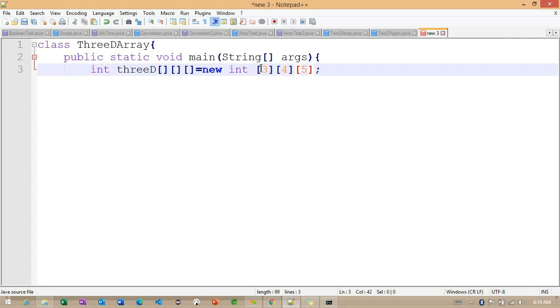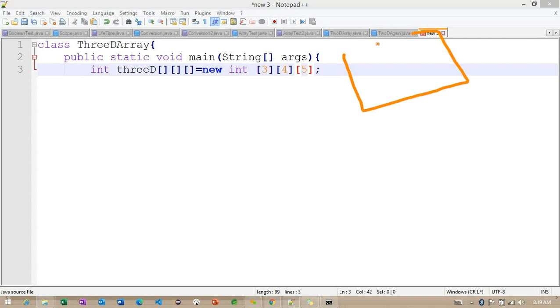So observe how these 3D arrays are going to work. If you understand this 3D diagram, it's going to look like this. So basically, the output we are going to get is like this.